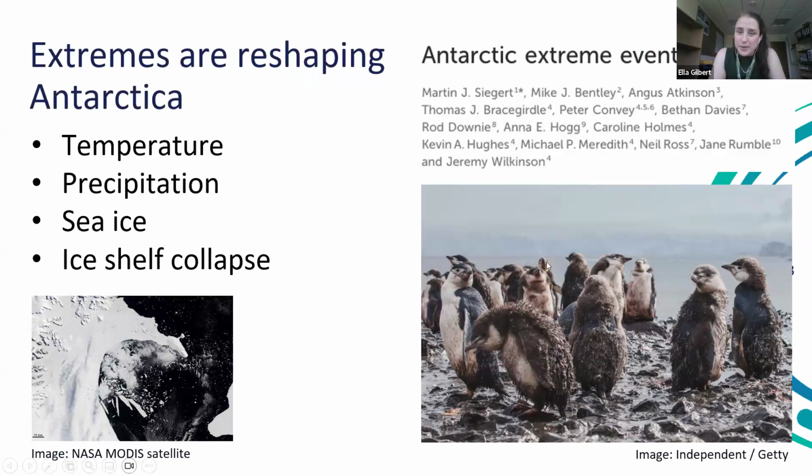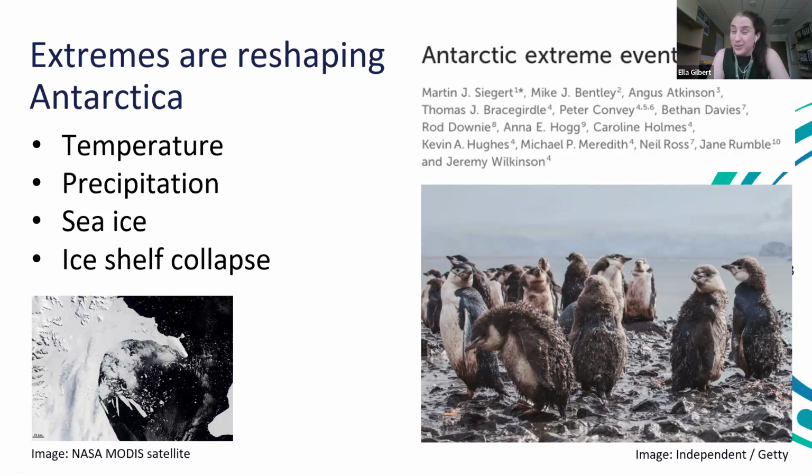There's a nice summary paper led by Martin Seeger with some familiar authors up there as well. We're seeing extremes in a variety of different sectors of Antarctica's climate, whether that's temperature, heat waves, extreme precipitation events, including in some cases, like in Greenland, rainfall events. That's what this picture is showing, these sad baby penguins who get wet in rainfall, and they're not so well protected against hypothermia because they're babies, and this can cause huge problems with the collapse of entire breeding populations of